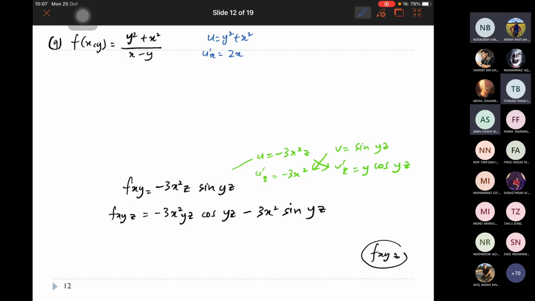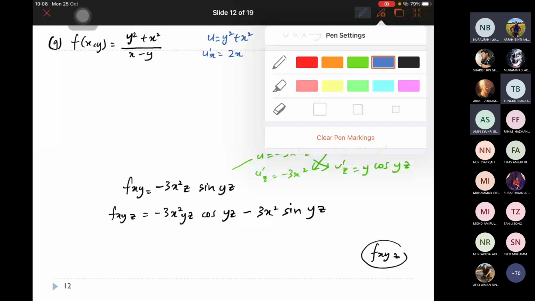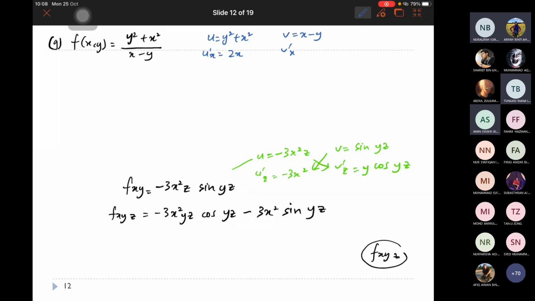Okay. v equal to x minus y. v prime y will equal negative 1. My head is not in here, that's the reason why I keep doing mistakes. v prime x equal to 1. Okay. So from here we want to get f_x, which will equal v u prime x, 2x times x minus y,